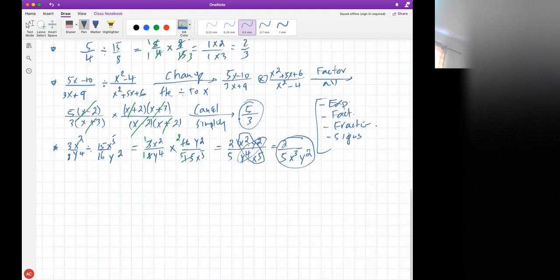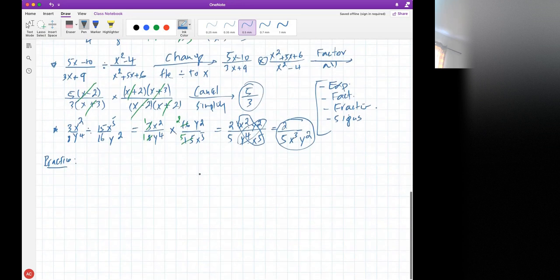So again, please let me know if you have any questions. If not, I'll give you a few problems to do by yourself. So first, again, simplify some rational expressions. So let's see,